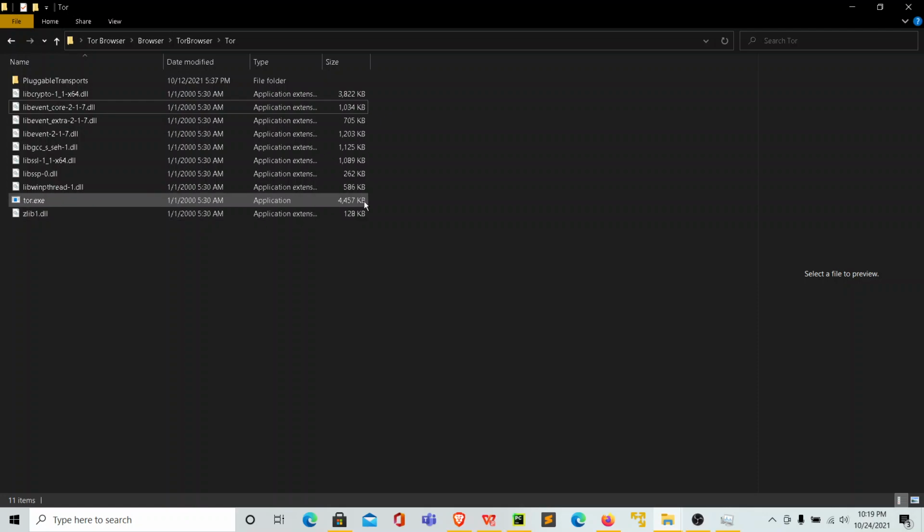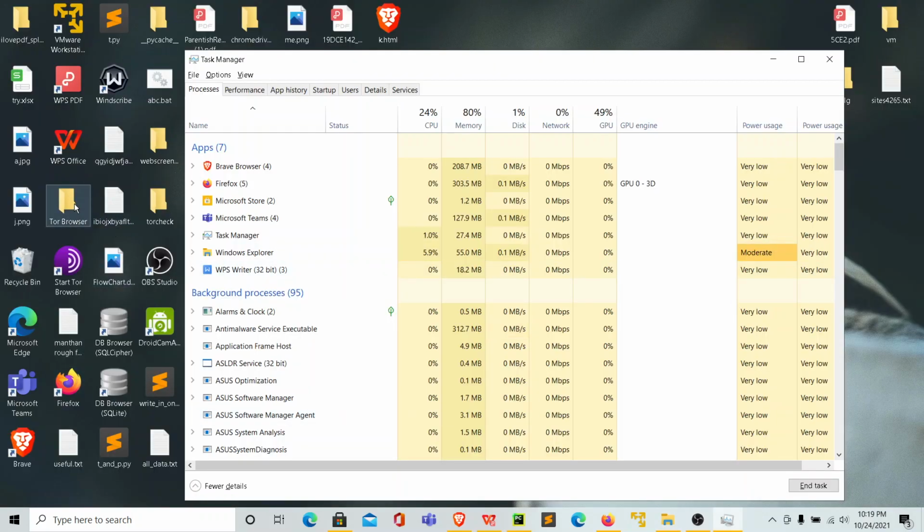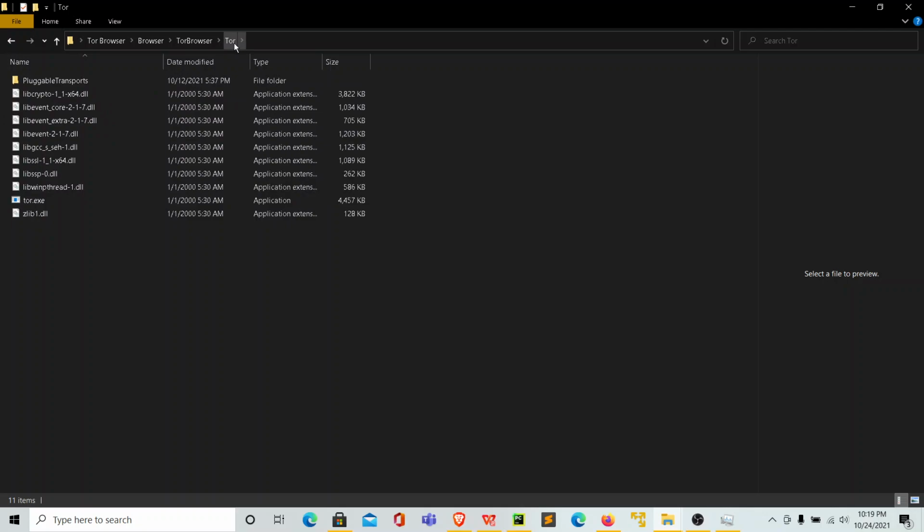It requires a bit of configuration for Windows, so here I am. Firstly, you will have to download the Tor browser and go into the folder where your Tor browser is located. Mine is on the desktop, in the Tor Browser folder, then Browser, then TorBrowser, then the Tor directory. The exe I'm looking for is tor.exe.